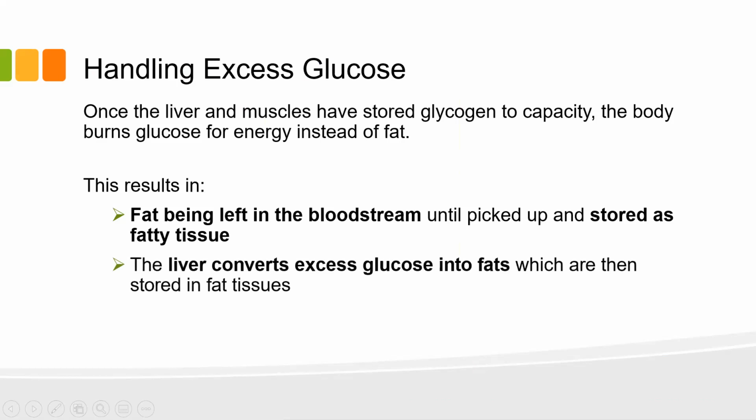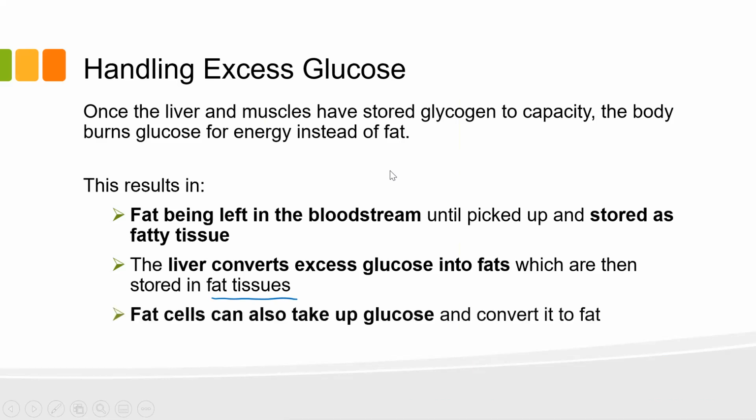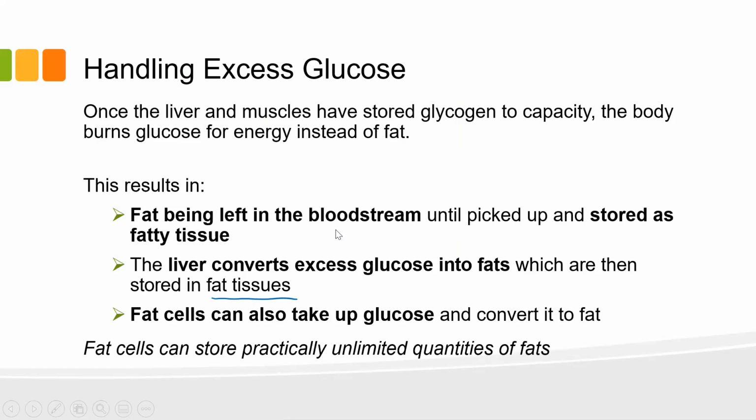excess glucose converted to fats, we already talked about that. And of course, they are going to be stored in your fat tissues. Some of the extra fat will also be stored in your liver as well, depending on how much is there, particularly if you have a really high concentration of sugars. And like I said, particularly fructose, for some reason, likes to accumulate in the liver. The fat cells will also take up glucose and happily convert it to fat. Apparently, that's a really easy biochemical pathway for your cells to do. So unfortunately, our bodies are really good at doing that, and they can store apparently unlimited quantities, just massive amounts. As you probably know, there are some very big people out there who have a lot stored in their tissues.